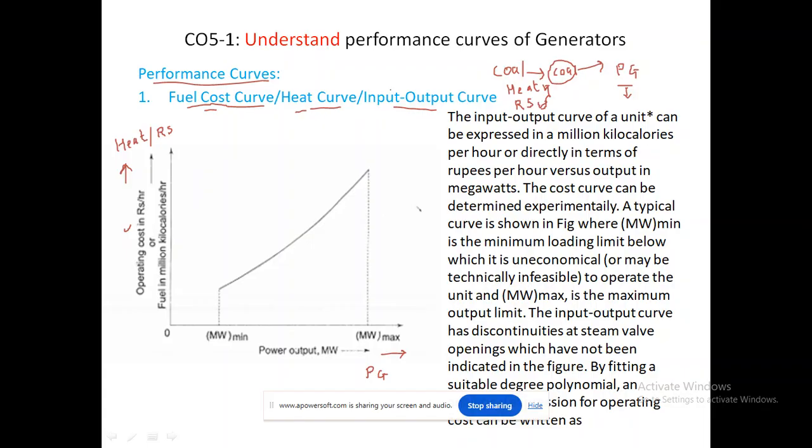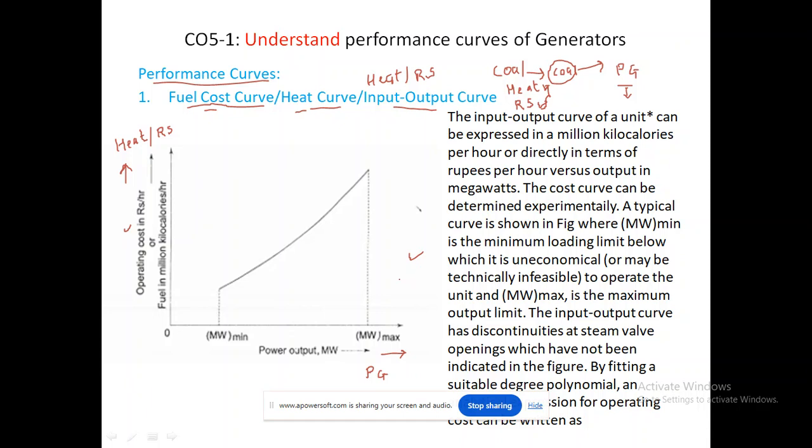So we have to understand that the input here is either heat or rupees. If the input is taken as heat, then it is called the heat curve, and if the input is taken as the cost of the coal, then it is called the fuel cost curve. So a typical input output curve of a particular thermal